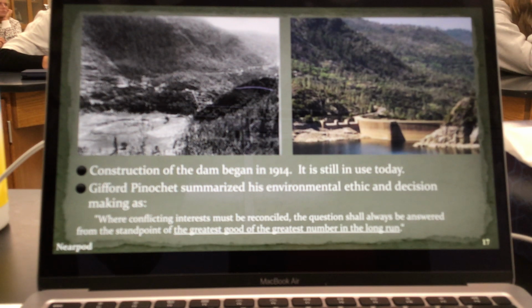So when we make decisions from here on out, and even individually, but especially at the federal level, this question should always come into mind: what's the greatest good for the greatest number of people for the longest amount of time? If you can come up with a decision that answers all three of those things, you should be good to go, right? And that at least puts the environment into play and shows some consideration. Questions on that? You can summarize that part as much as you want. You don't have to fill in all what I just said, but summarize that how you see fit so you understand it. All right, we're almost there, guys.